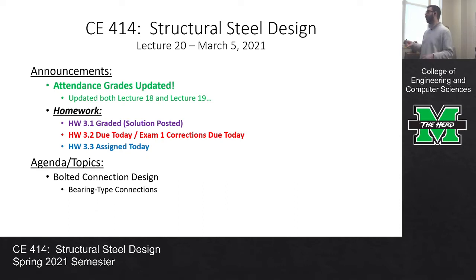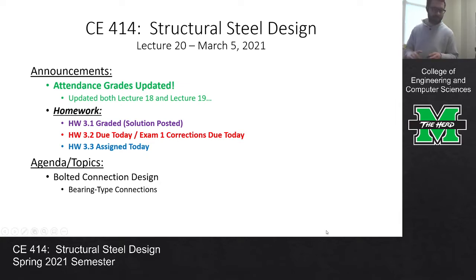Really, just so you're aware, bolted connection design for a bearing type connection versus a slip critical connection is really no different. The only difference is instead of looking up the bolt shear capacity, you're looking up the bolt shear and the bolt slip capacity and then taking the one that governs. And bolt slip capacity is really not that difficult to compute. There are just some ideas that you need to be exposed to, so that'll be what we focus on